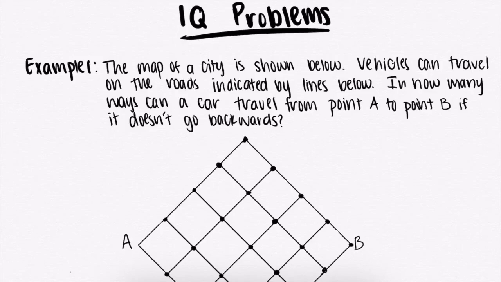Today we're learning about IQ problems. There's no fixed method to solve problems of this nature, but the first step is to read and understand the problem. Next, devise a plan that might be able to solve the problem, and finally try to solve the problem